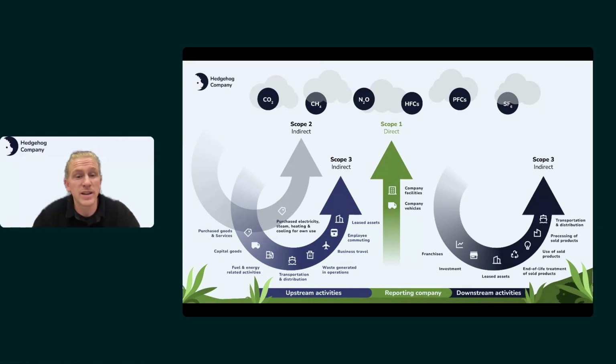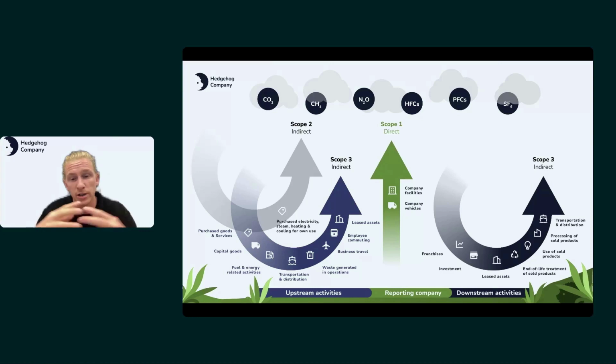Finally, we have both upstream activities and downstream activities, scope 3, indirect use of energy, and also indirect emissions. And this is basically everything in the supply chain or value chain of your organization. Just to name some examples, we have purchased goods and services. When we're at the left blue arrow all the way on the left, you see purchased goods and services. So everything that your